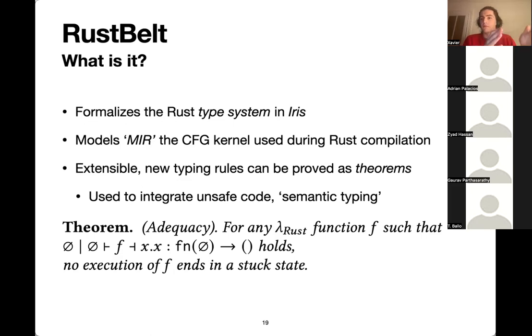But in particular, RustBelt formalizes the Rust type system, and of course proves the safety of the Rust type system. That is to say that a well-typed Rust program doesn't observe undefined behaviors. And it does this using a technique of semantic typing. The idea being that typing rules are actually theorems in RustBelt, and so you can always prove new typing rules which correspond to types that are implemented using unsafe code.